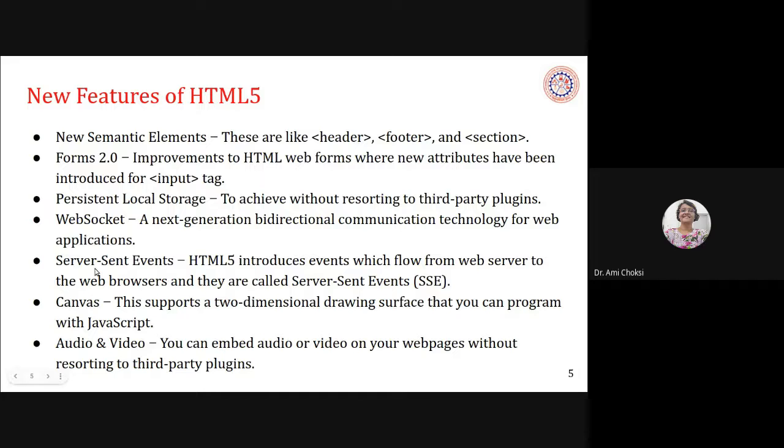Next is server-sent events. What do we mean by that? HTML5 introduces events which flow from web server to the web browsers, and they are called server-sent events. What we say is the events which flow from web server to web browsers.